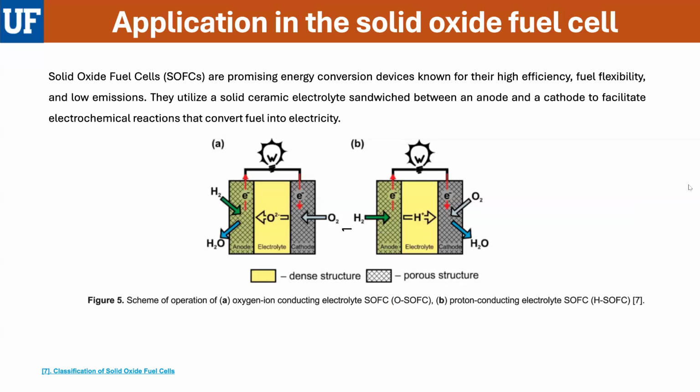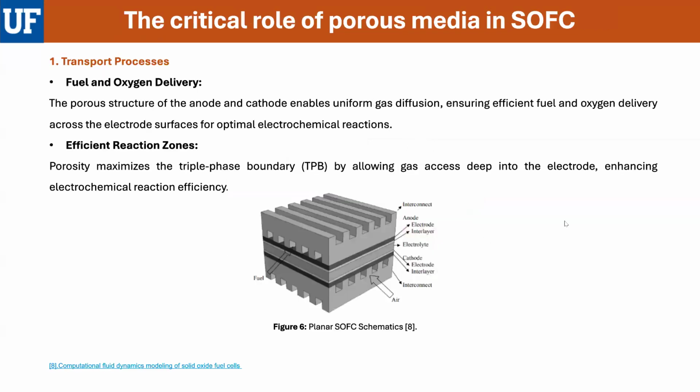Now we can see in the figure, the oxygen ions are coming from the cathode and passing through the electrolyte to the anode. The electrolyte here is a dense structure, whereas the anode and cathode are porous structures. The porous media play a crucial role in the operation and performance of SOFCs, particularly in the anode, cathode, and sometimes in intermediate layers. Here is a detailed breakdown of their functions. Moving forward,